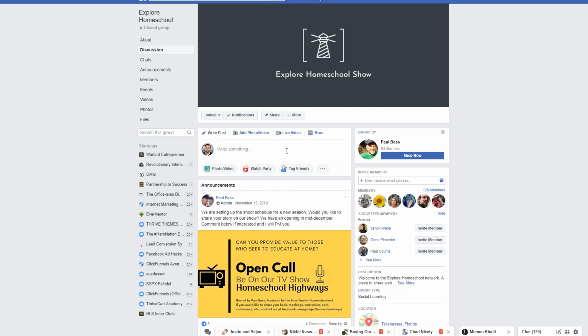And so the way you need to think about this now is basically the same way you would think of an email autoresponder. Not in terms of the effect, okay, because an email autoresponder is a one-way conversation, but in terms of the responsibility on your part. You really need to be posting regularly, just like you would broadcast to an email list regularly, because you don't want them to forget that you exist and lose your interactions and your open rates. Same thing applies for a Facebook group.